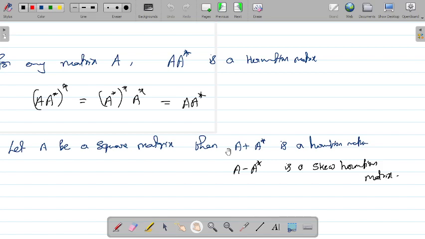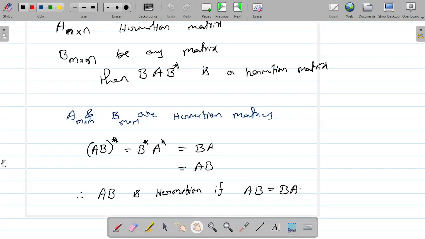And this is what I gave you as homework, to prove that the conjugate of AB is the same as A conjugate times B conjugate. A few more things we have seen: when A is Hermitian and B is any rectangular matrix for which the multiplication is possible, then B star A B, or the other way, B A B star, is also a Hermitian matrix. Then we started constructing some examples, I guess.